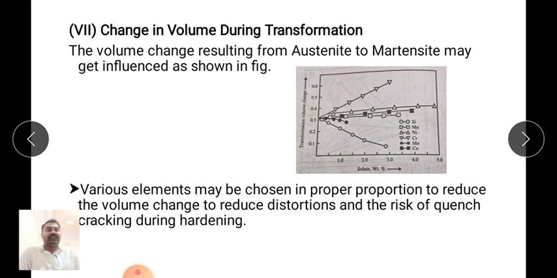We know that during hardening, when we cool the specimen from a higher temperature to room temperature, we have to do rapid quenching in order to increase the hardness of the cutting edges. In that case, cracking or crack formation will take place. But by the addition of alloying elements, the volumetric changes reduce, distortion also reduces, and crack formation also reduces. These disadvantages are overcome by the addition of the alloying elements.